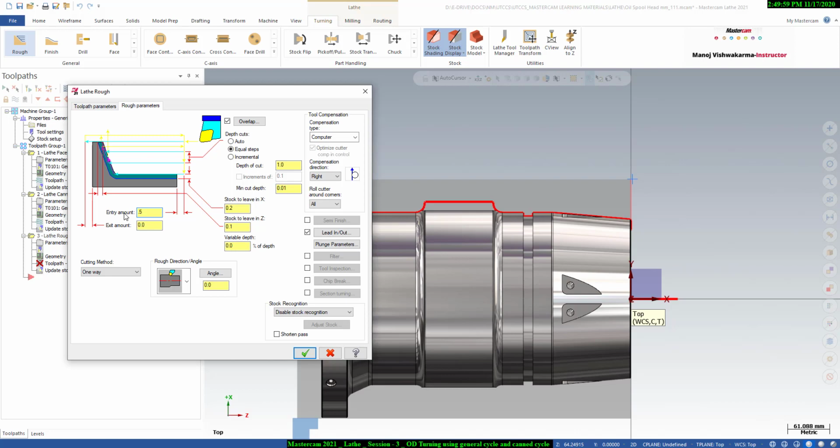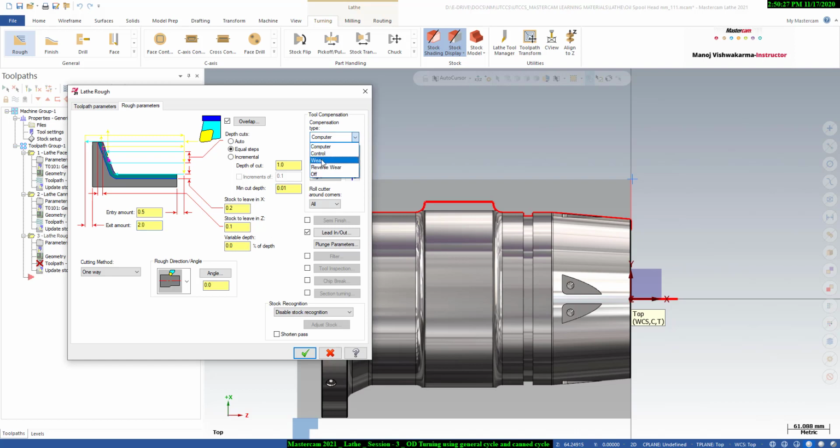Okay, all right. Here you can give the exit amount in the last passes, as per your choice. I will give 2 mm of exit amount in the left side,